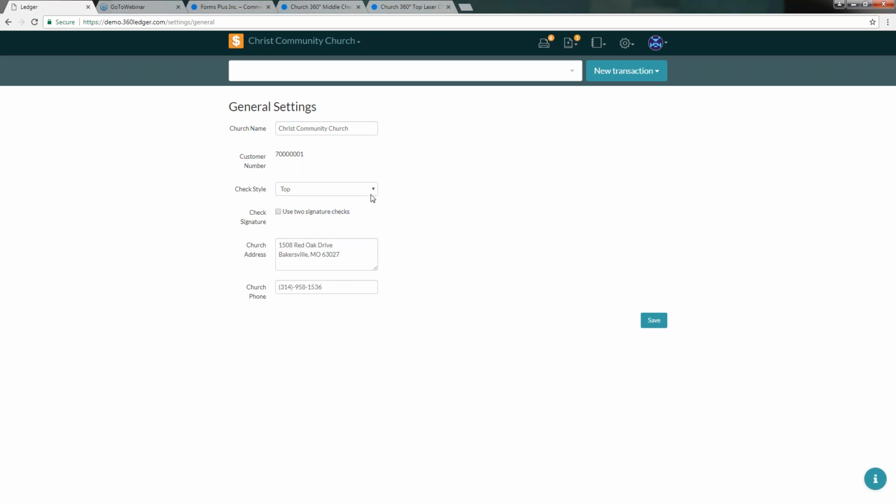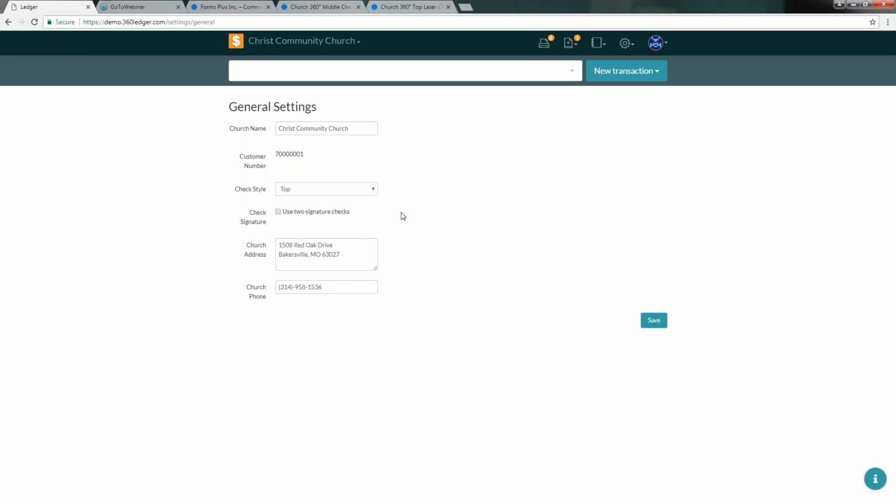So whichever style check you have, and again, you can also have the checks that have two signatures in them too. So you can put a check mark there if you have two signatures that are required on yours, and so that's why you just buy the appropriate check that would have two signatures on there, and then make your check mark here to say that we have two signatures on our check. So as we've looked at everything here, this is really everything there is with our Church360 ledger as far as